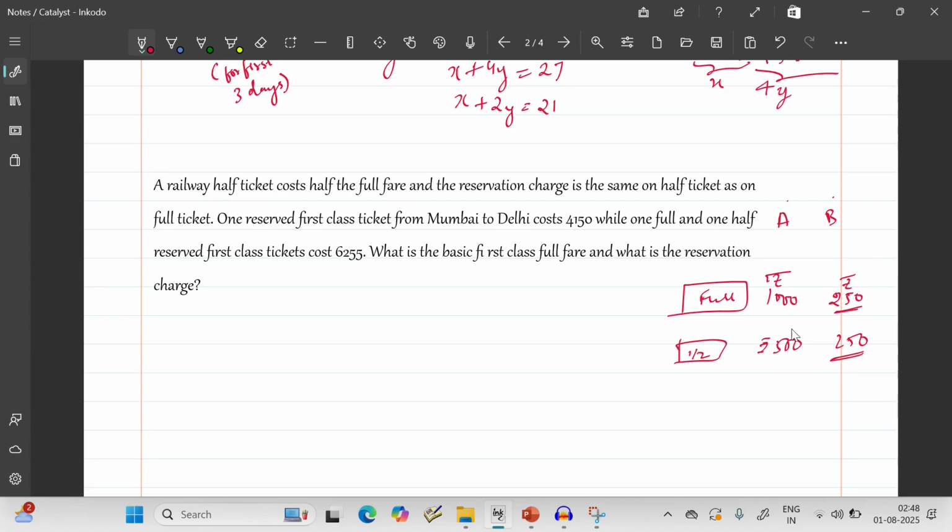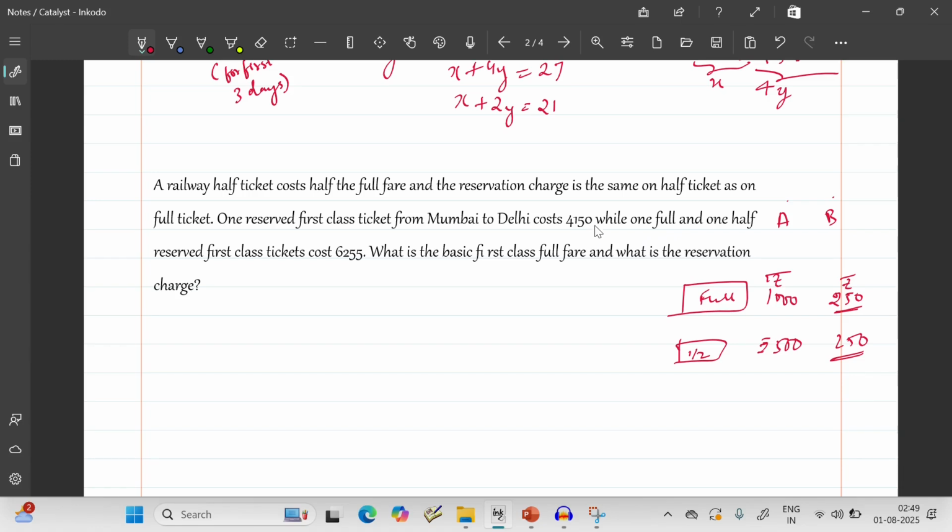This 500 rupees is half of this, that is what they are telling. And the reservation charge is the same on a half ticket as on a full ticket. 250 reservation for the full ticket, 250 for the half ticket. Now, one reserved first class ticket from Mumbai to Delhi costs 4150, while one full and one half reserved first class tickets cost